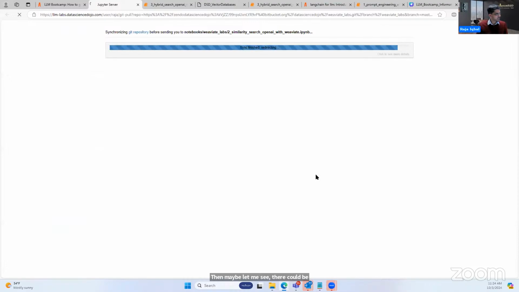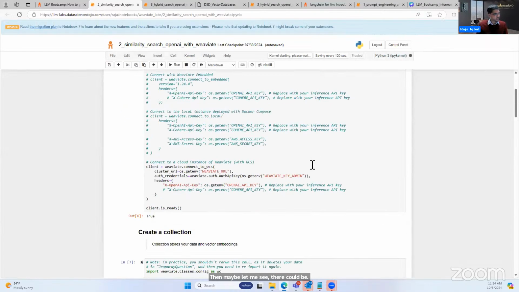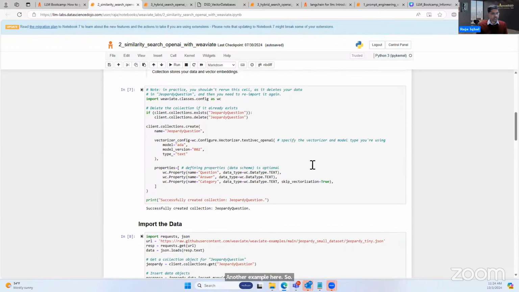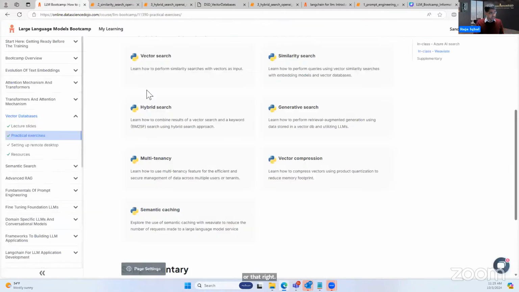Maybe there could be another example here. For all these examples, you do not need to set anything up on your local machine. A lot of times, instead of doing the exercise, people get stuck: I cannot install this package, or my company's IT policies do not allow me to install this or that. So for everyone, we give them these labs.